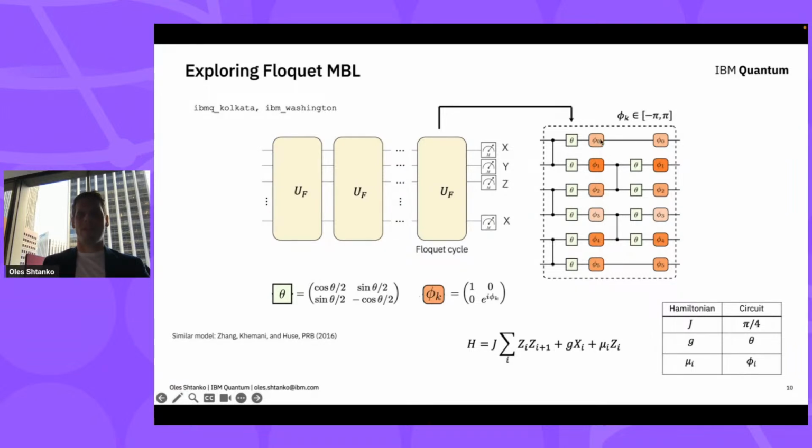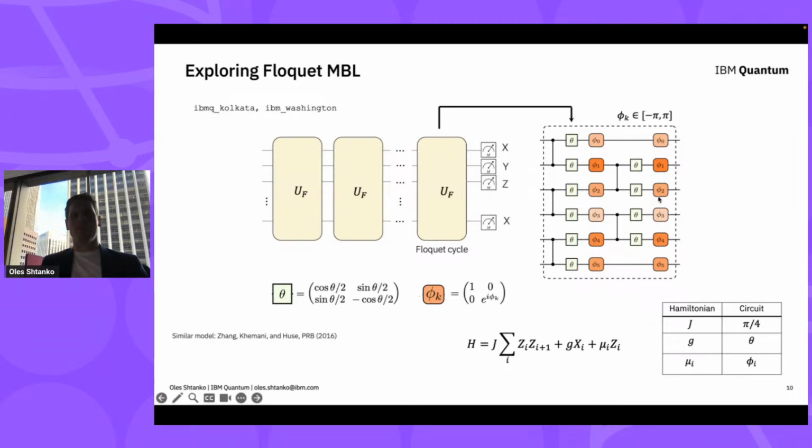Then you see the series of differently shaded gates that are random phase rotations. Here we assume that the phases are sampled randomly between -pi and pi, and these gates play the role of disorder. Importantly, the disorder doesn't change for the same qubit, but for different qubits it's a different value. Finally, you have the theta gate, which is a rotation and essentially plays the role of our X field. It's not exactly an X field, but the idea is that if you change the angle theta, you get a transition between the localized and delocalized regimes.